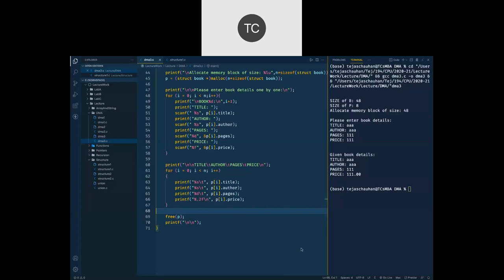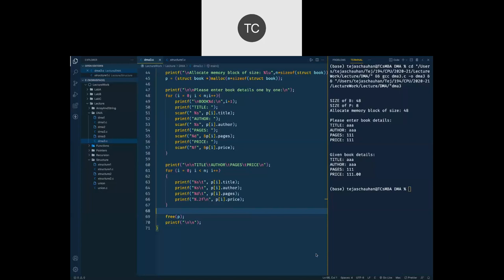Okay, Ajay is asking what is the difference between dot operator and arrow operator. Well, Ajay, we have discussed this thing when we were looking at the structure unit. If you have a simple structure variable, then you can access members using dot operator.